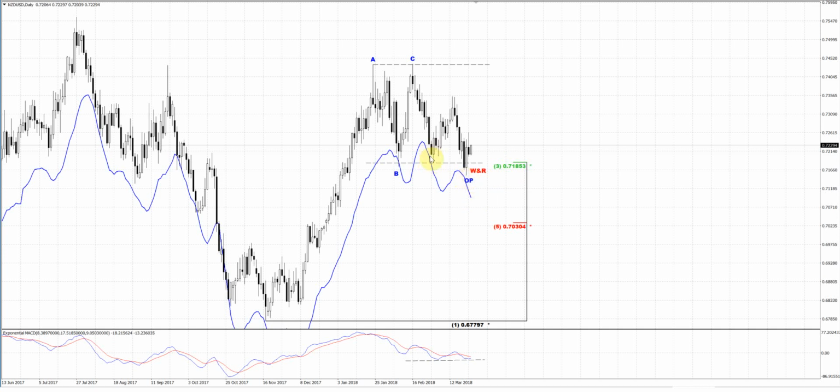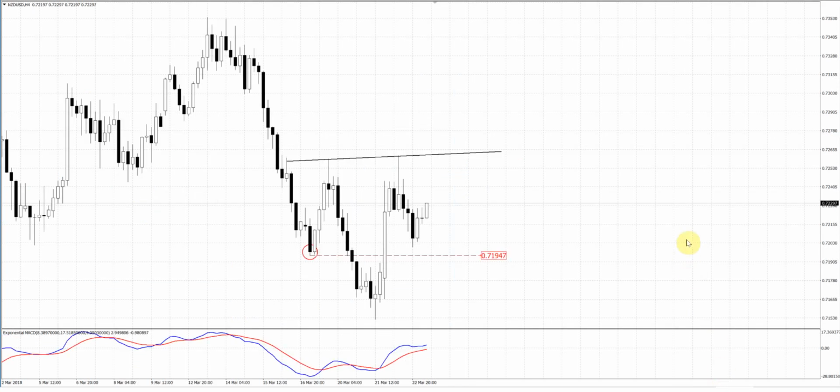So here it hasn't been touched, but price action turns to the upside. Well, on the intraday charts, guys, this is another reason why I'm talking today about the Kiwi dollar. So take a look at the reaction, what really has happened here. It's a clear shape of the reverse head and shoulders pattern.